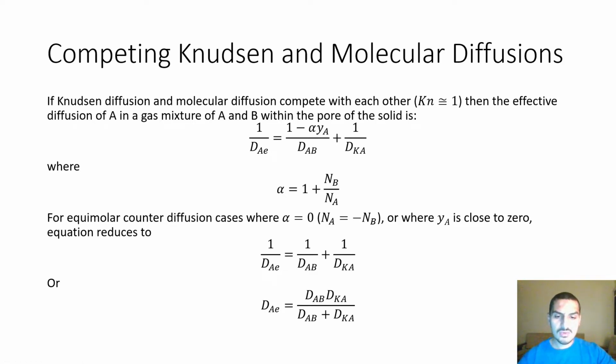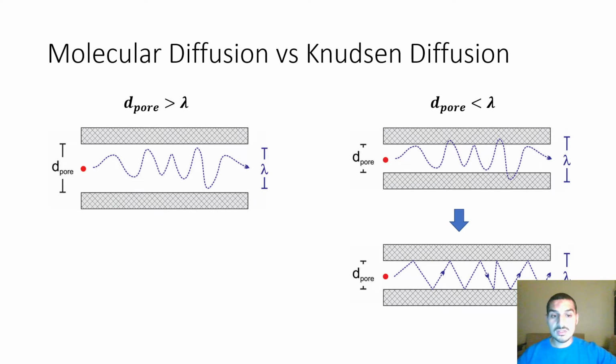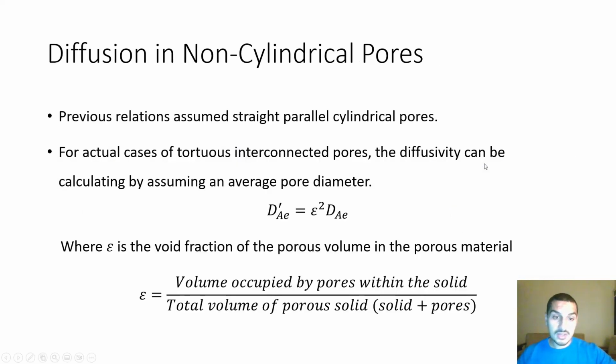The last thing that we will discuss here is related to the assumption that we made in the very beginning, which is related to the shape of the pore. So here we assume that the pore is a perfect cylinder, but in reality this is not what happens. Usually it is random, irregular pores. So in this case the assumption of the cylinder is going to be